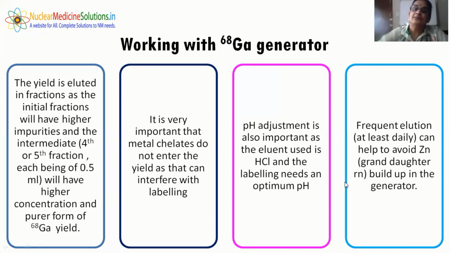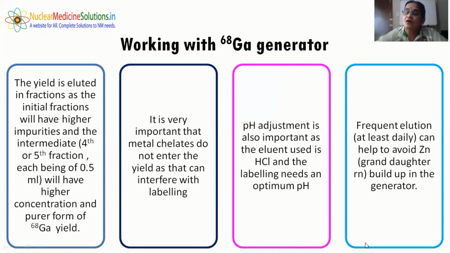The pH adjustment also becomes important here because the eluent used is HCl, and the labeling needs an optimum pH. And all this again shows you that it is deviating from the ideal characteristics of a generator, where the yield that is produced should be directly in the right form, convenient for the labeling. Now, frequent elution is also required, at least daily, so that the zinc buildup will be